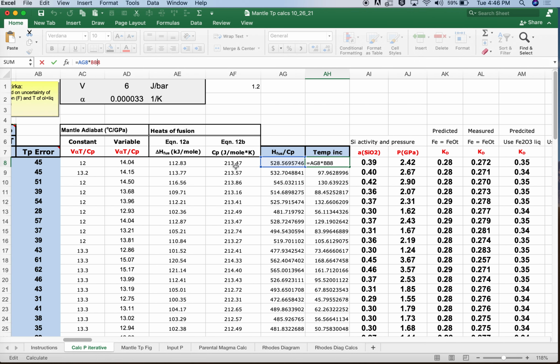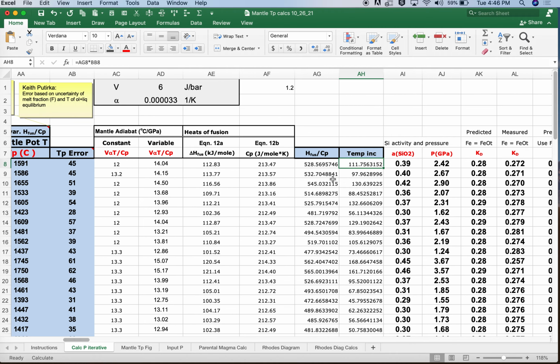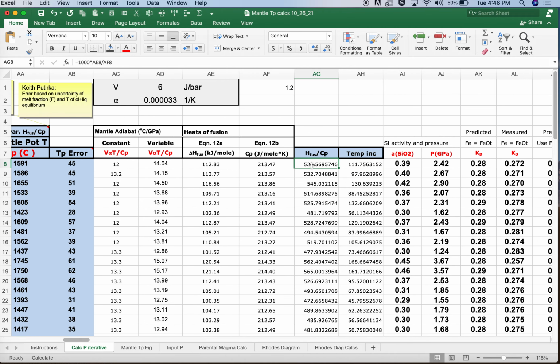Or if you just want to look at the heat of fusion or the heat capacity, if you want to change these values, let's say you think that the heat of fusion should be 120 kilojoules per mole, you can enter that here. If you think the heat capacity should just be a constant 200 joules per mole K, you can enter that here, and you'll get an updated value for that ratio, delta H over Cp, and that'll affect the temperature